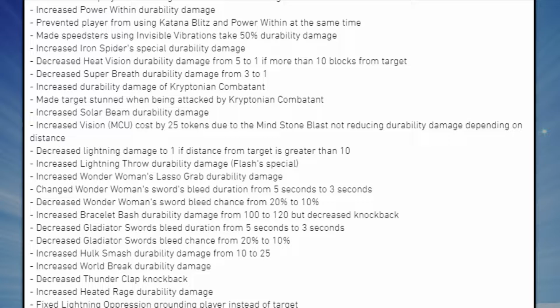than 10 blocks from target, decreased Super Breath durability damage from 3 to 1, decreased durability damage of Kryptonian Combatant, made target stunned when being attacked by Kryptonian Combatant, increased Solar Beam durability damage, increased Vision MCU cost by 25 tokens due to the Mind Stone Blast not reducing durability damage depending on distance, decreased Lightning damage to 1